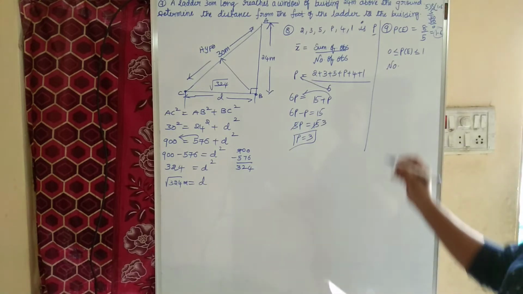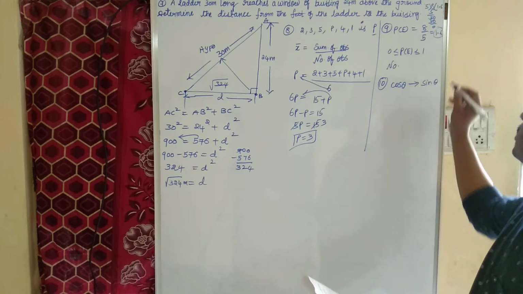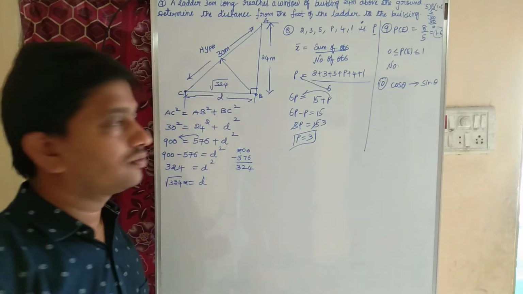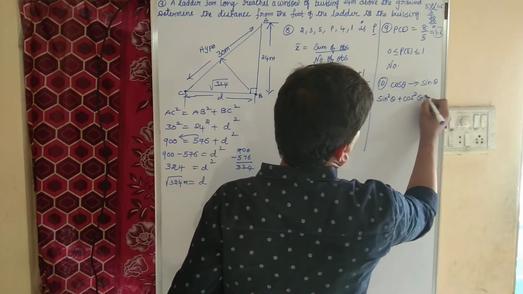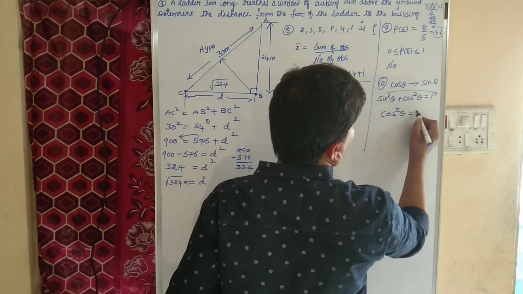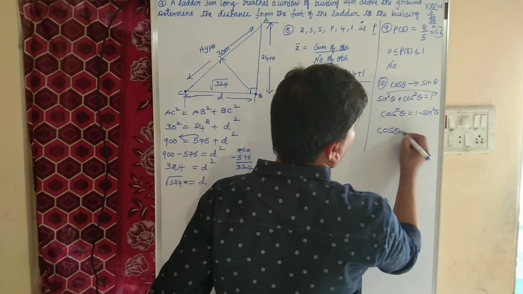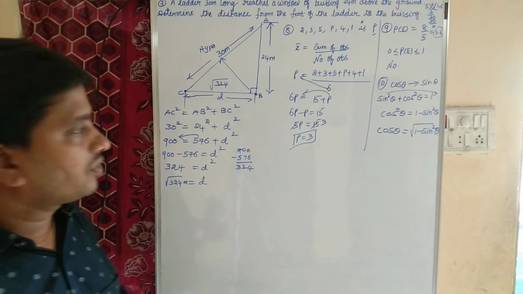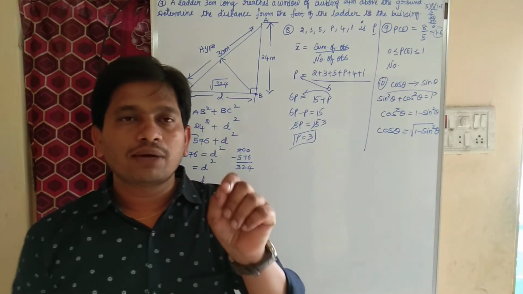Next question. Express cos theta in terms of sin theta. Which is the easiest one? We know children, we have an identity sin square theta plus cos square theta equal to 1. Right? Sin square theta if you transpose, cos square theta equal to 1 minus sin square theta. So square if you transpose, it will become root. So cos theta is nothing but root over 1 minus sin square theta. See, we express cos in terms of sin.